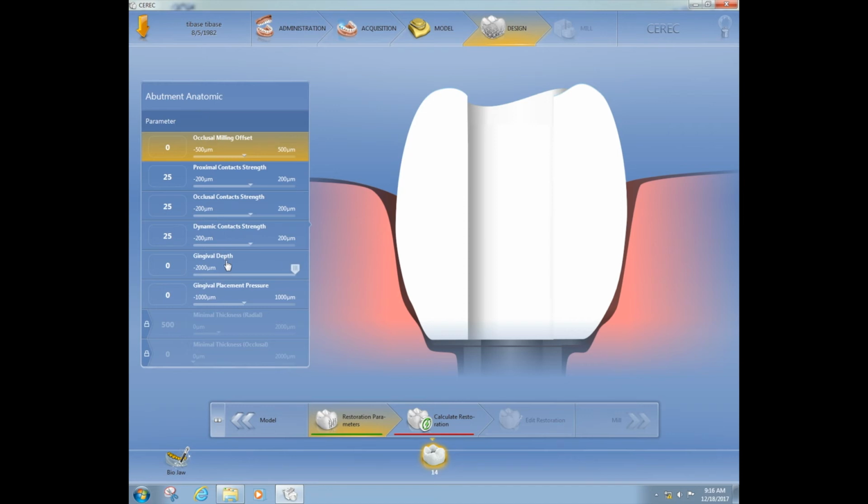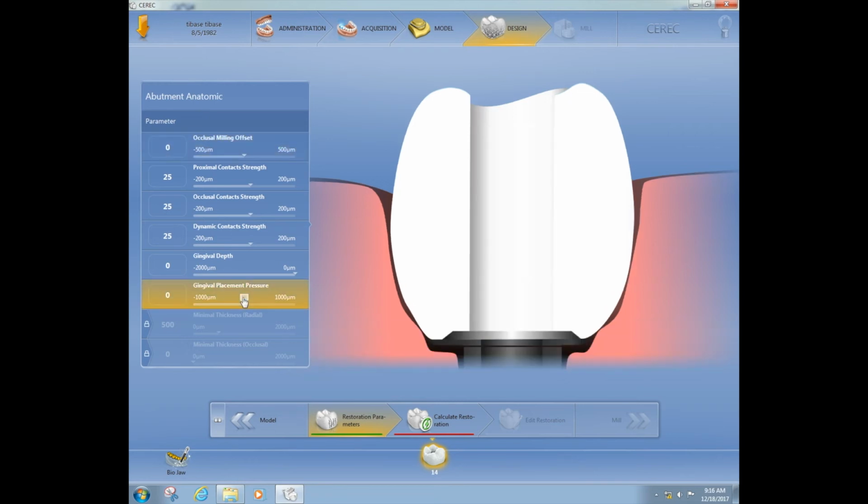The gingival depth is, if you do a custom abutment, it will change that baseline deeper, higher. What I want you to do is go down here to gingival placement pressure. This allows you to add more material around the TiBase. If you leave it at 0, it will give you the minimal thickness. What I found, if you do a gingival placement pressure of around 3/10 or 300 micrometers, you'll watch the screen,